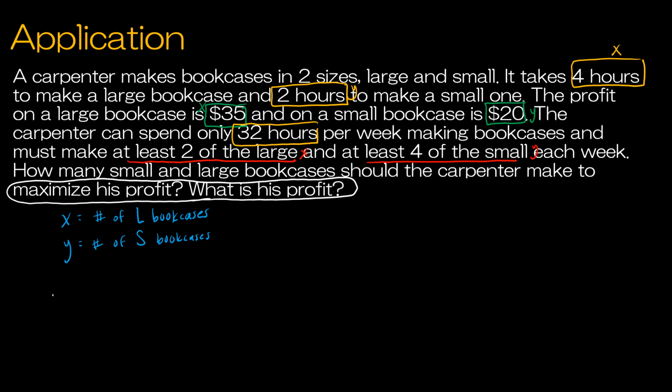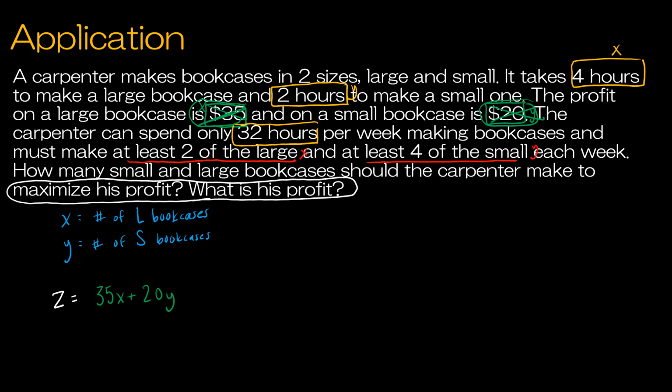So the objective function Z is going to be related to profit, and the profit is what I boxed with green. So Z is not going to be related to an outcome of say 100 or 200. We're saying Z, which is the profit, can be found by taking 35X plus 20Y. Again, where did I find that? Because I make a profit of $35 on a large bookcase and $20 on a small bookcase. So that's my objective function, and I'm going to go ahead and cross those out because now I've used those